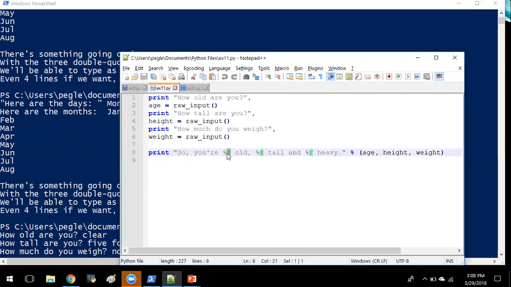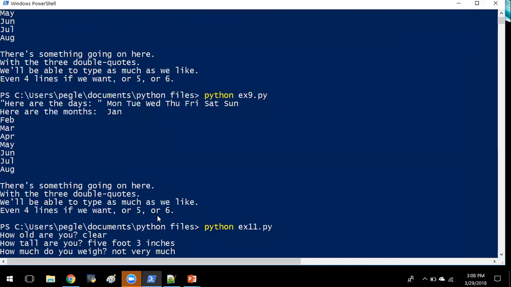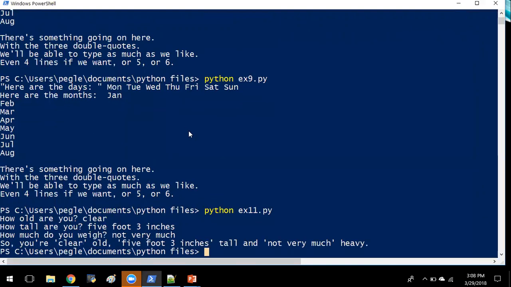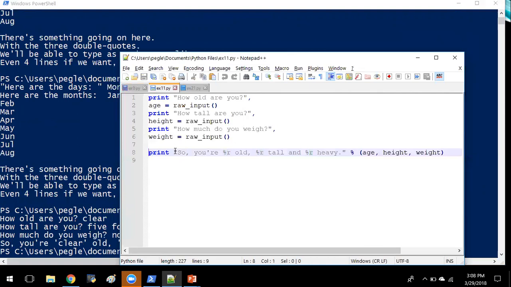So raw input. And so it's going to print this with the format sequence, %R, %R, %R, the format within this string. This means in the string before this %, we have format sequences, and we want to insert these variables in order